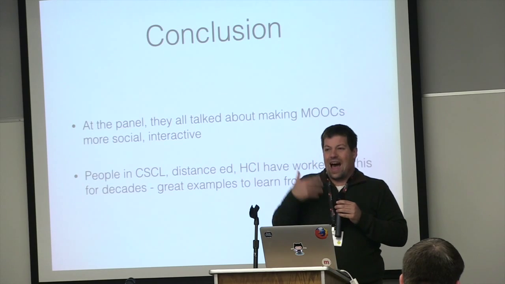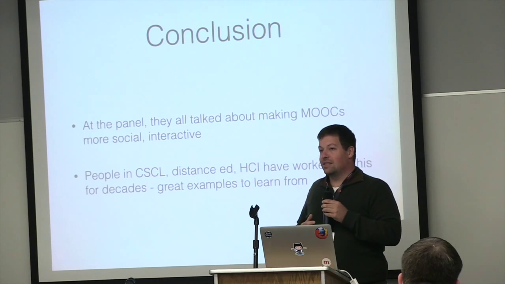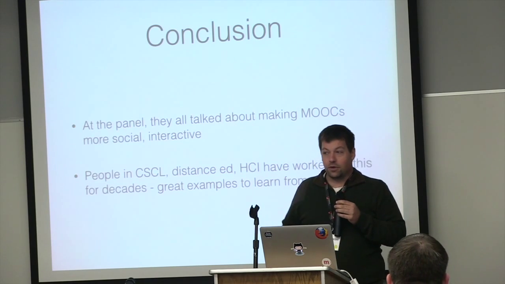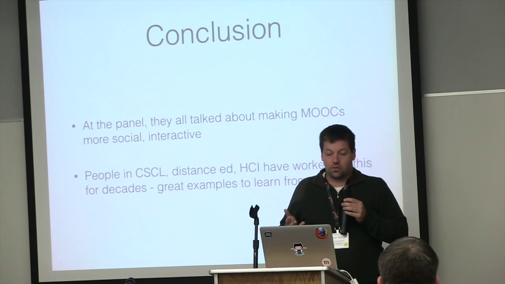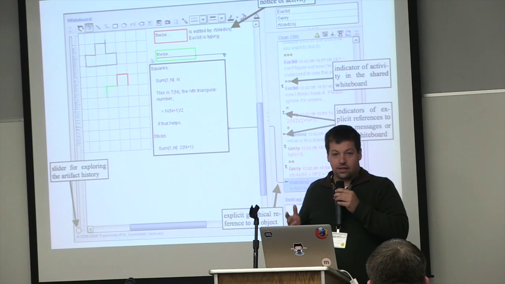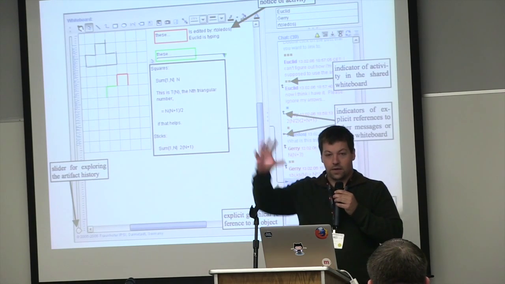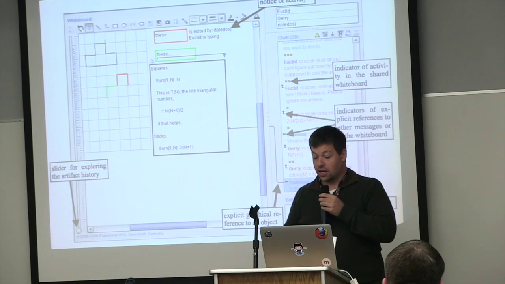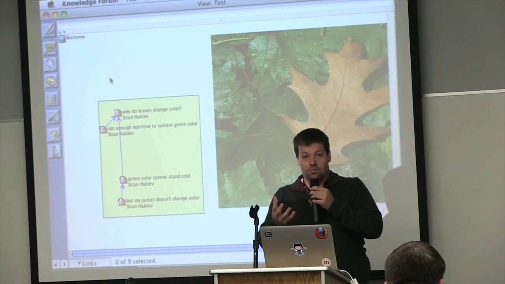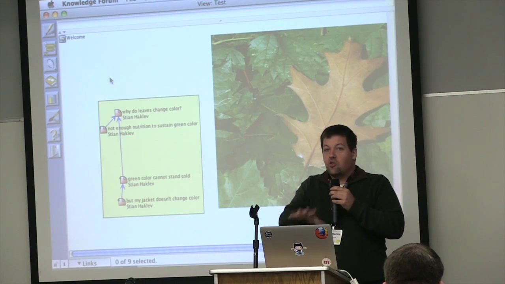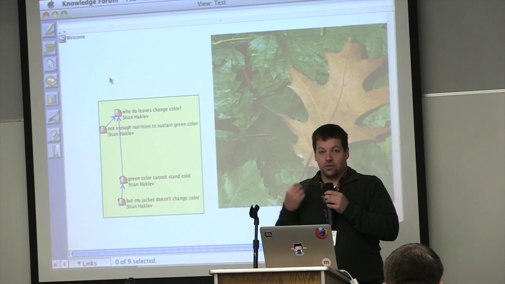Now, when it comes to how we design these interfaces, there are some really great examples to take from the human-computer interaction people, from the computer-supported collaborative learning people. Do you have a chat that's actually indexed to a graphical object where you can go back and forth in time? That might be really good if you're working in a math project. Do you have some kind of a knowledge-building interface where you can drag nodes around? There are so many different examples of this that we should really look at.